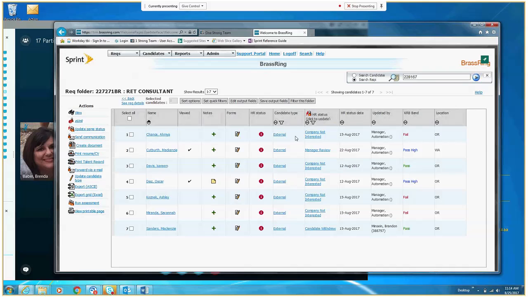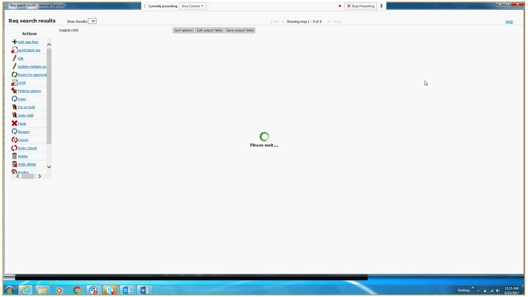I have an internal where it's asking me for the interview assessment. It won't let me move the person forward, even though he is internal. Do you have the rec number? We can use that as an example so they can see what you're referring to. His name is Kevin Jacobs, and it's 227605 BR. I guess BR for everything.